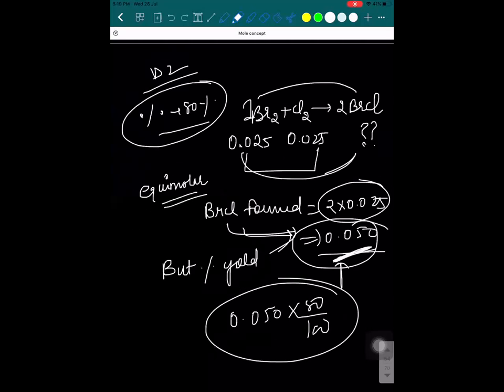In D2B, I didn't get it. Okay, let's solve the D2 B part also. How many bromine is left unreacted? How much bromine is left unreacted, you have to say. So can I say you have to calculate the unreacted one? Can I say from 2 moles of BrCl I need 1 mole of bromine, isn't it? Yes or no?